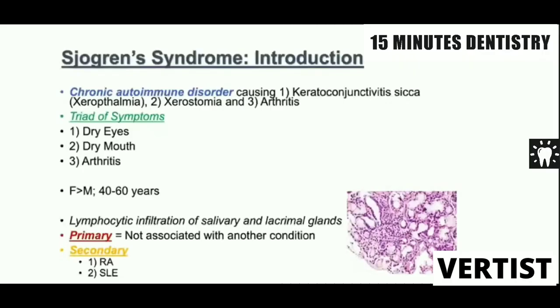Coming to the next salivary gland disease, Sjogren syndrome. It's a chronic autoimmune disorder caused by lymphocytic infiltration of the salivary and the lacrimal glands, and presents with three symptoms: keratoconjunctivitis sicca or xerophthalmia or dry eyes, xerostomia or dry mouth, and arthritis also. If only the first two, dry eyes and dry mouth, are there, we call it the primary Sjogren syndrome or sicca syndrome. In secondary Sjogren syndrome, there is arthritis and systemic lupus erythematosus and